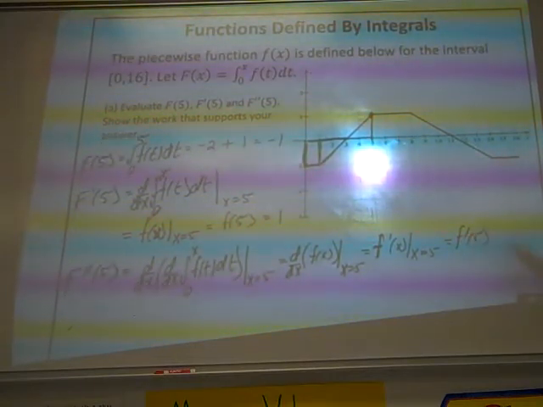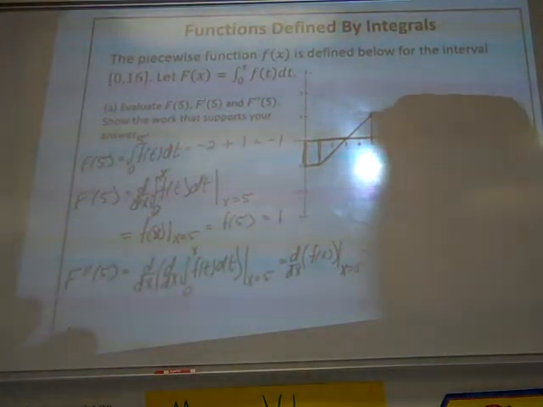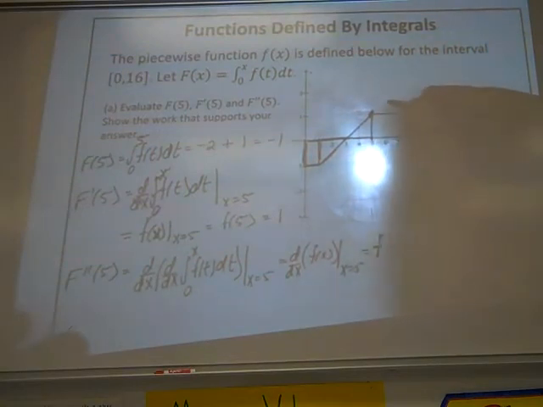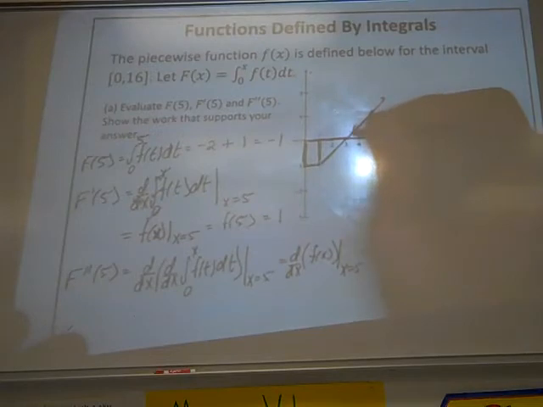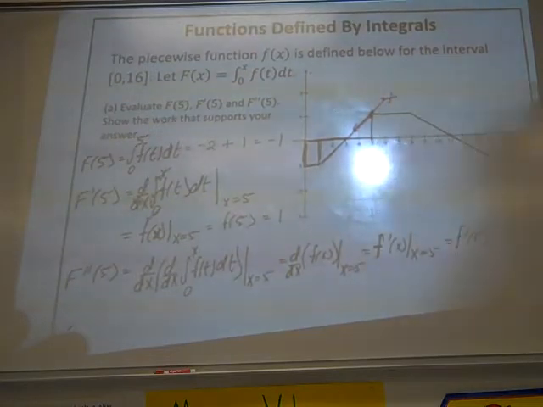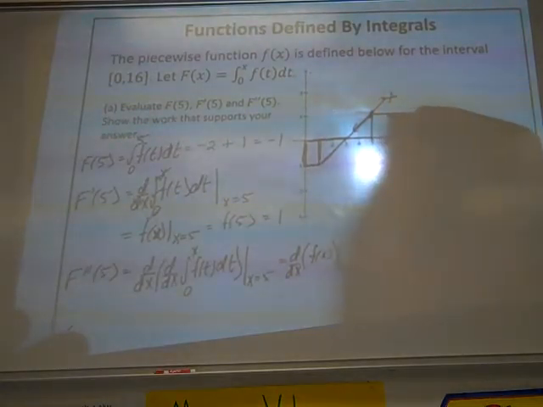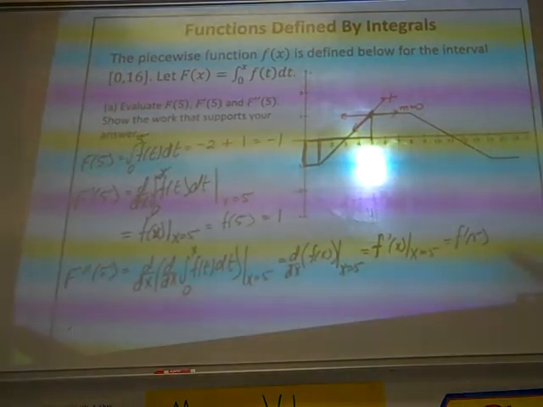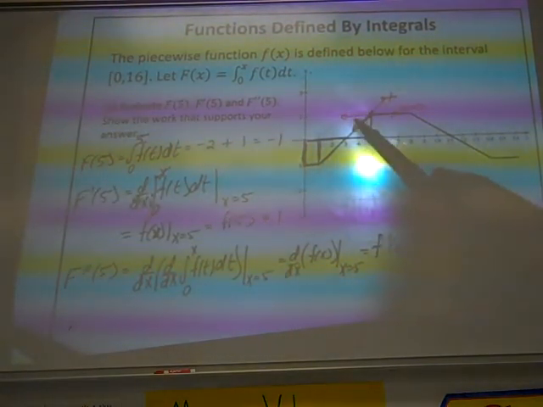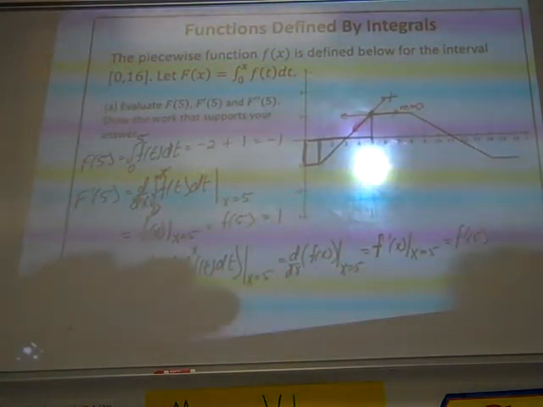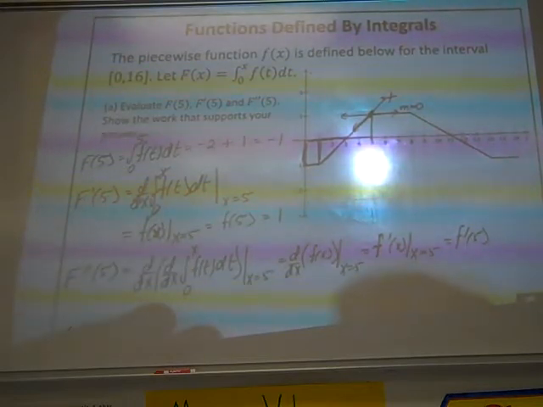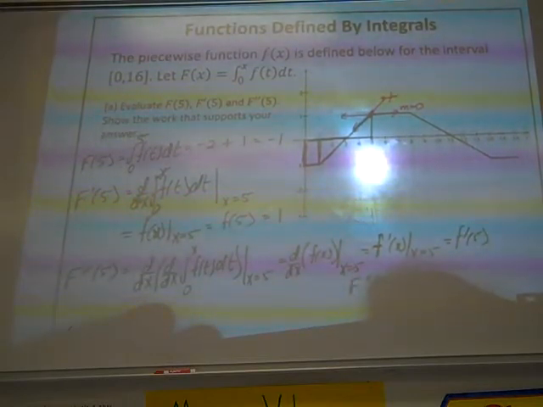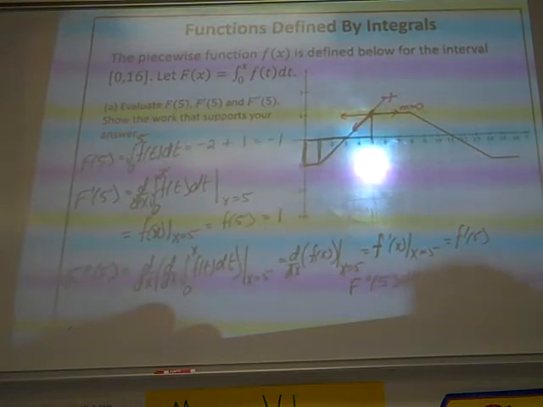its derivative would mean I would go over here to where x is equal to 5, and I need the slope of the tangent line. Well, here's a problem. The tangent line, if I'm coming in from the left, has positive slope. If I approach 5 from the right, my tangent line has a slope of 0. I see that the derivative from the left and the derivative from the right are not equal to each other. Our conclusion would have to be big F double prime of 5 does not exist